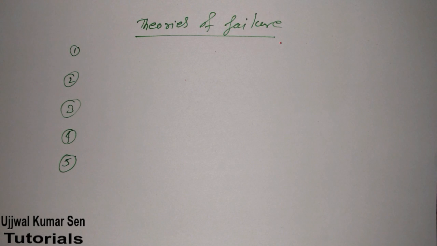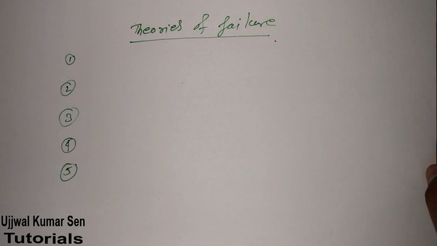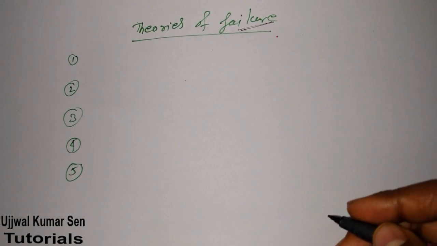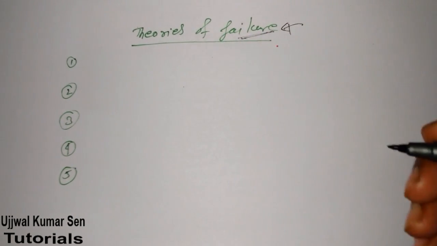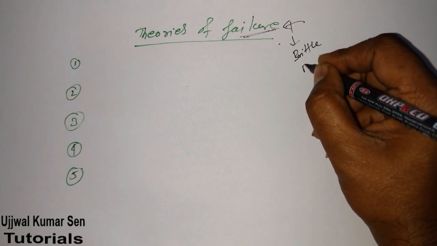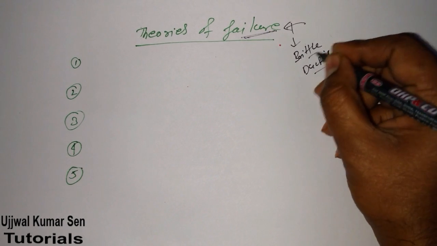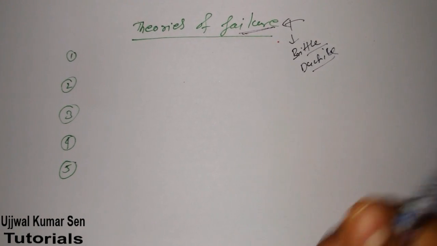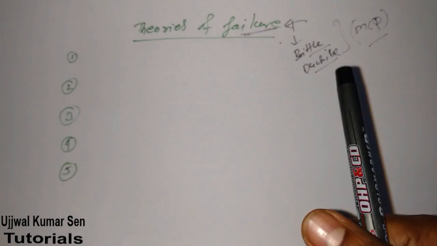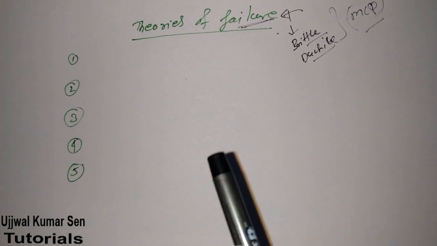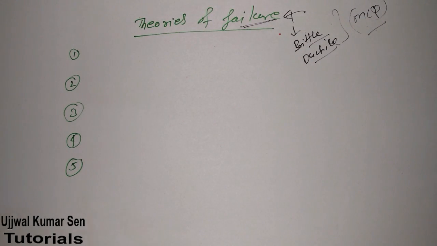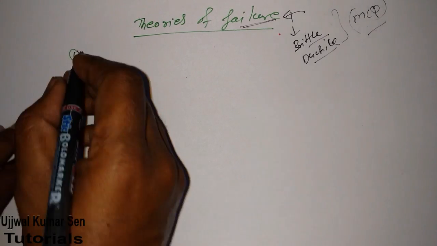Before going to share with you all theories of failure, let me share with you what exactly theories of failure are. What is failure basically? We did experiments with different types of materials, but here we are talking about only 2 types of materials: brittle and ductile materials. If you get MCQ questions, then definitely you would get a question about which theory of failure is recommended for what type of material. I will share that right now, but first I have to share what the theories of failure are. So first is